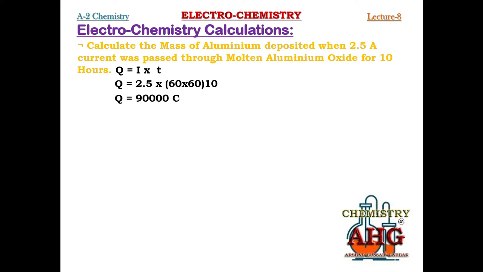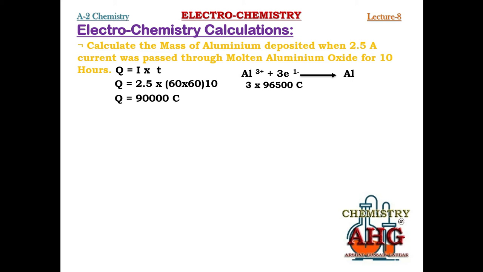Now we will write down a balanced chemical equation to calculate the mass of aluminum deposited. Aluminum, its charge is 3 plus. So aluminum, for reduction, will gain 3 moles of electron. For 3 moles of electron, you will use the same numerical value 96,500 coulomb, but you will multiply it by 3 because we are using 3 moles of electron in this chemical equation. So 3 into 96,500 coulomb has produced how many moles of aluminum? 1 mole, but we need mass.